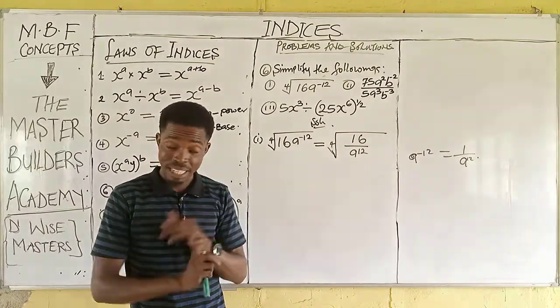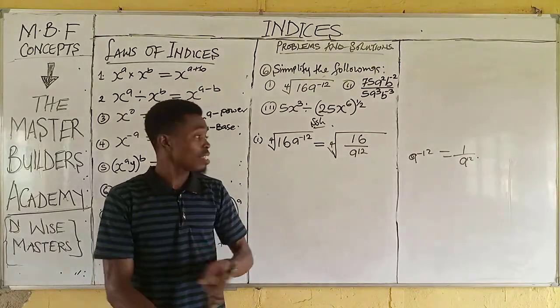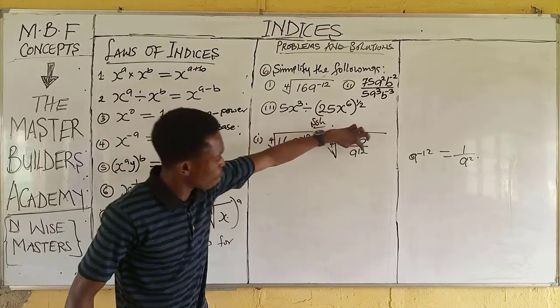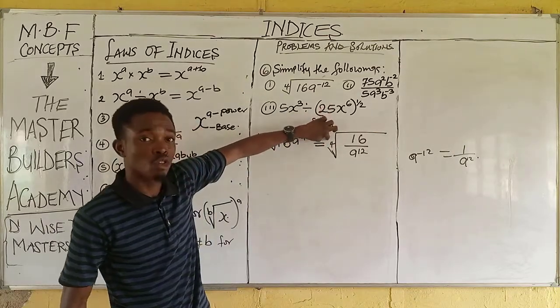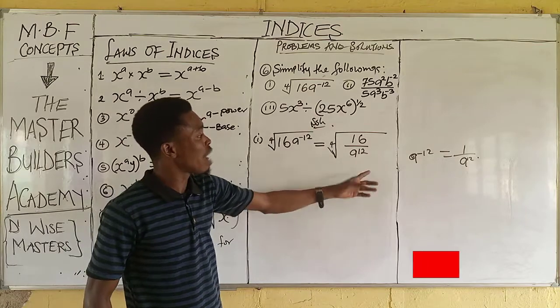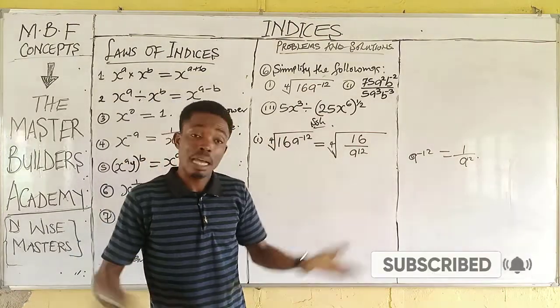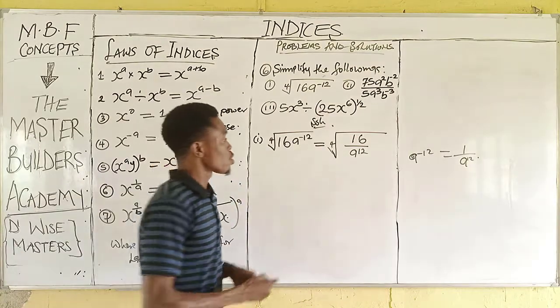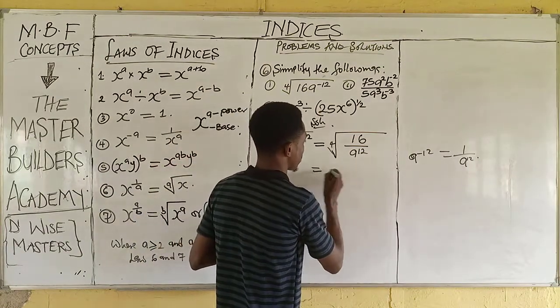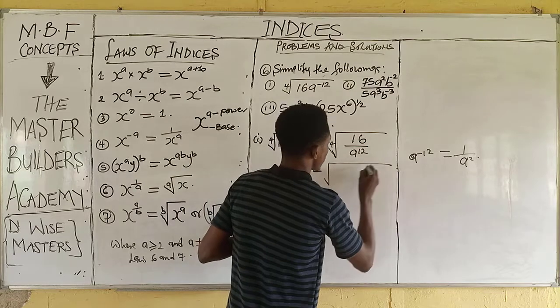Don't forget, for alphabets or variables, letters, once you have a power, just divide the power you have here by the nth root. So we are going to be dividing 12 by 4. If 12 is divisible by 4, that means it will work that way. All we just need to do now is that this will have given us the square root of